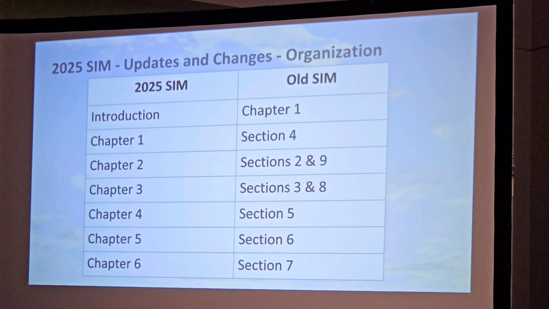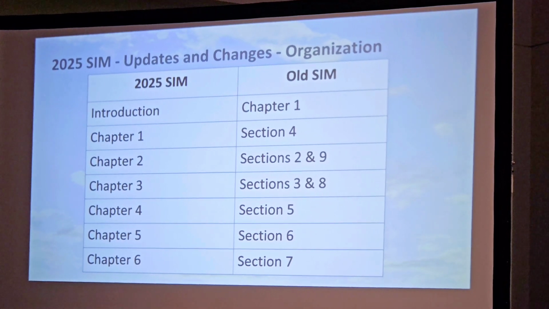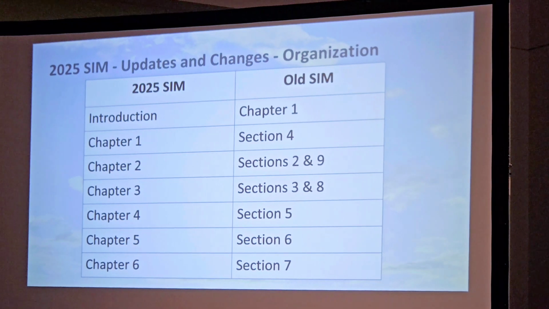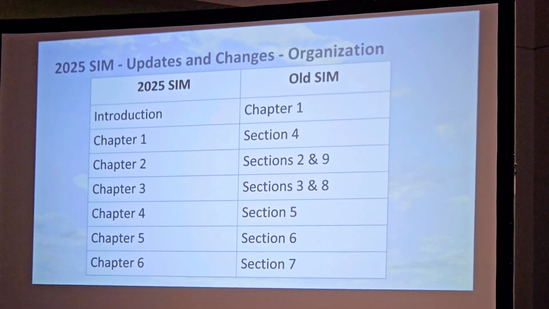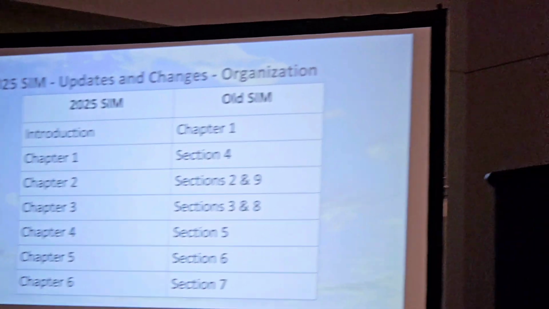Chapter 4 is what used to be Section 5. Since everything else moved up, so did that. And instead of being general recommendations, we titled that Recommendations for Everyone. Because that applies whether you have 26 jumps or 2,600 jumps. And so, in the interest of moving it to skydiver-friendly language and a little easier to read, we called that section Recommendations for Everyone.